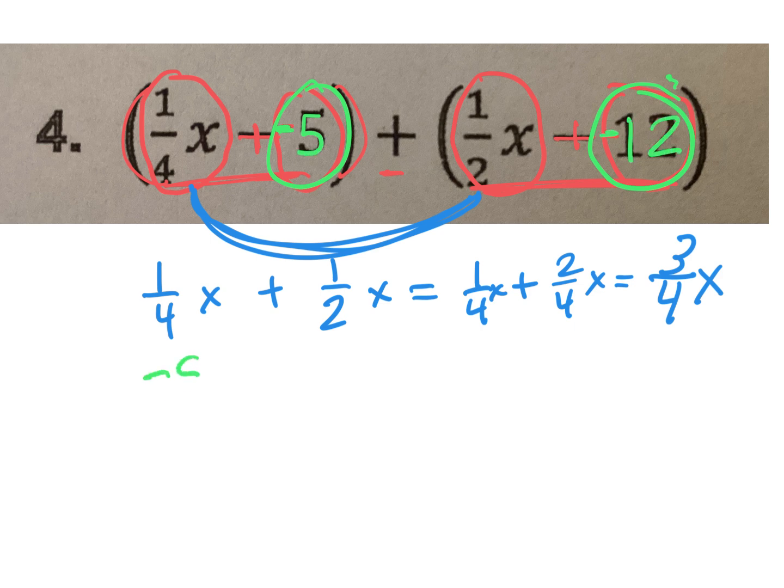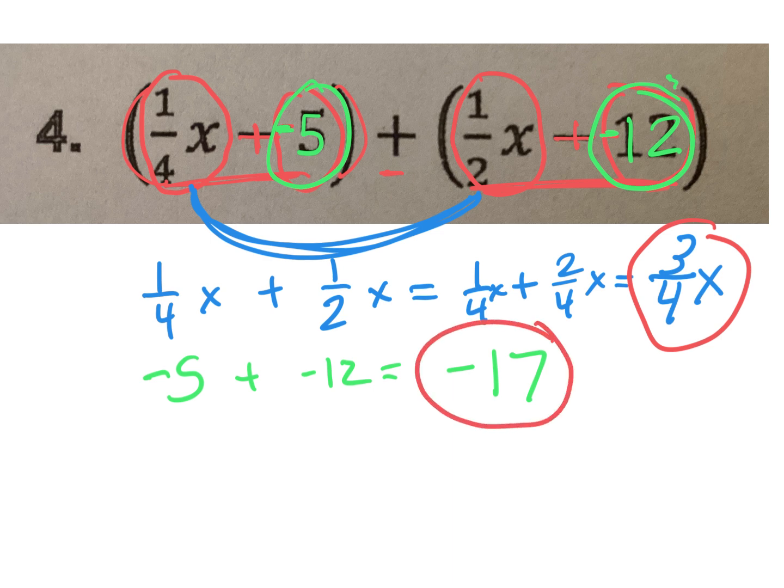When I do negative 5 plus negative 12, that's going to give me a negative 17. Okay, there I have it. I have the terms that have a variable put together, and I have the terms that are constants put together. So now I'm going to add these together, and it becomes 3/4 x. And I could add them together. So I could say plus a negative 17,